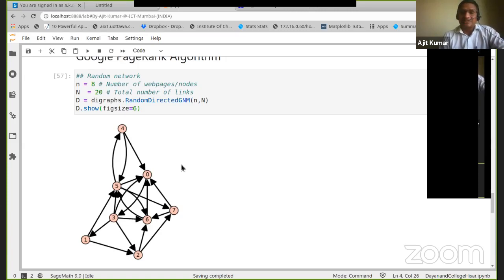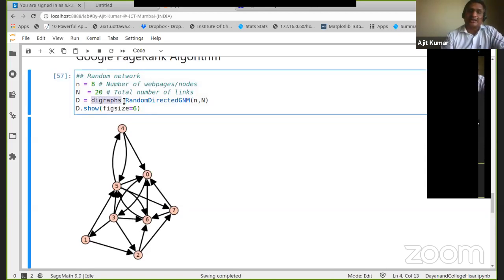But this graph is a random graph, and that we have plotted using an inbuilt Sage function. So you can see it uses graph theory. Digraph stands for directed graph, and a random directed graph using some algorithm is what is used. Right, now to this